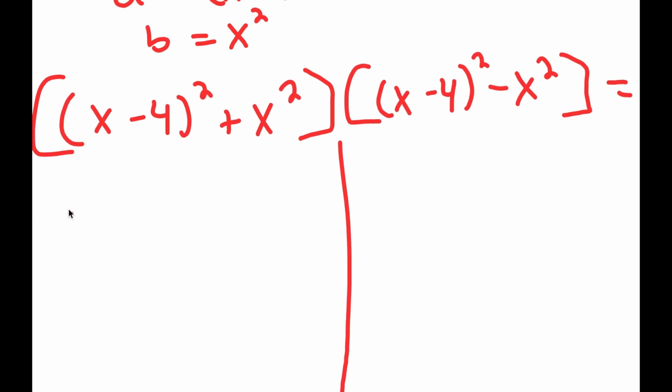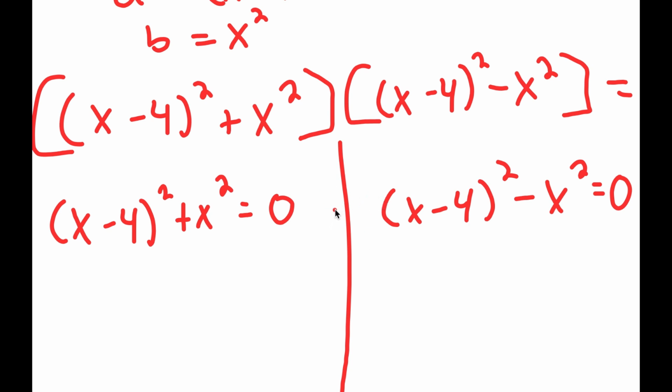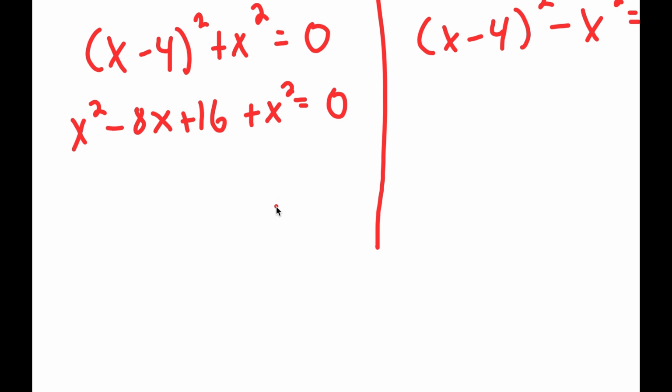Now from here, I get two equations. (x − 4)^2 + x^2 is equal to 0, and (x − 4)^2 − x^2 is equal to 0. So (x − 4)^2 is equal to x^2 − 8x + 16, and I have this plus x^2 is equal to 0. And x^2 plus x^2 is 2x^2, so I get 2x^2 − 8x + 16 is equal